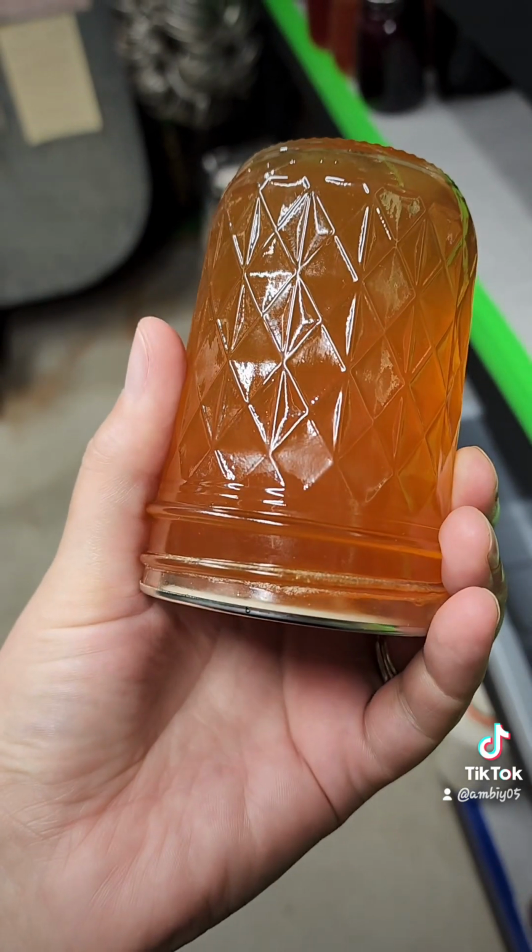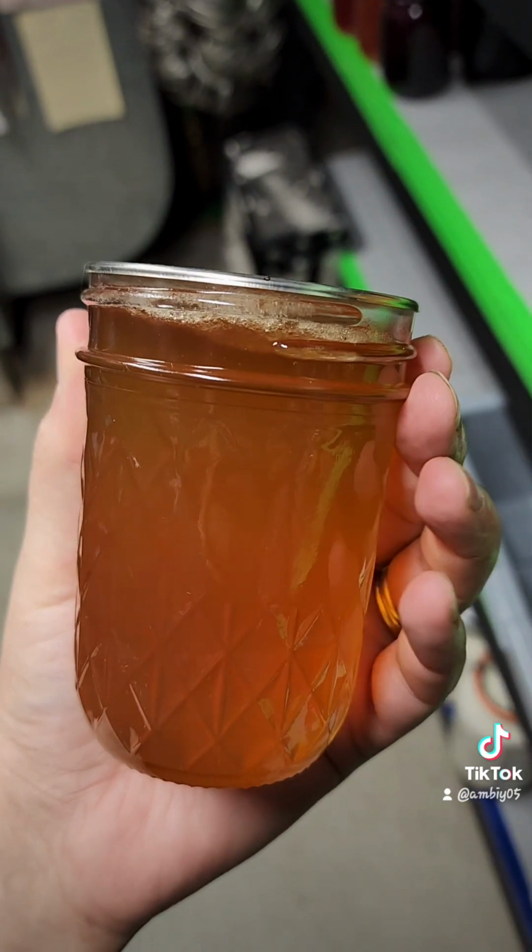And voila, it is now jelly and no longer syrup. Thank you, Sarah, for the amazing